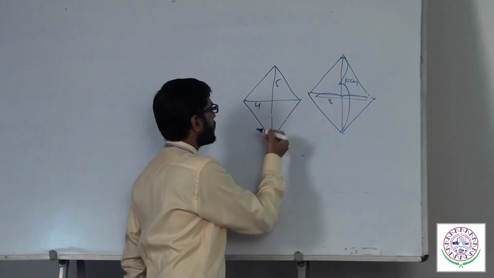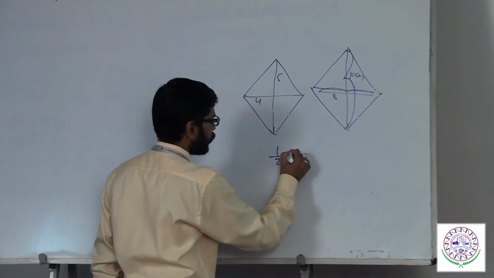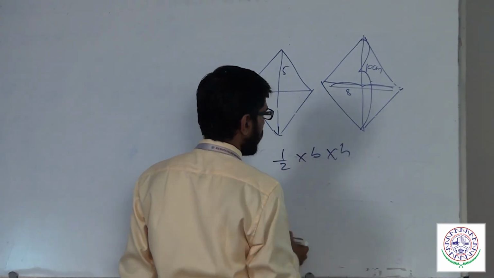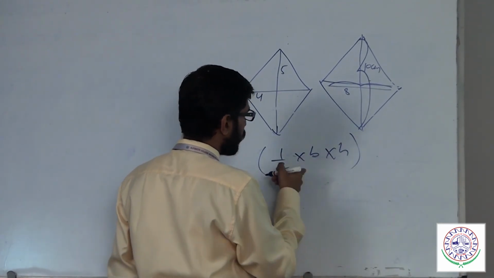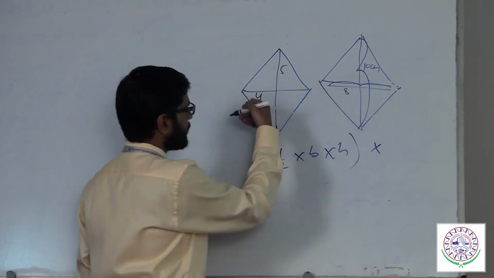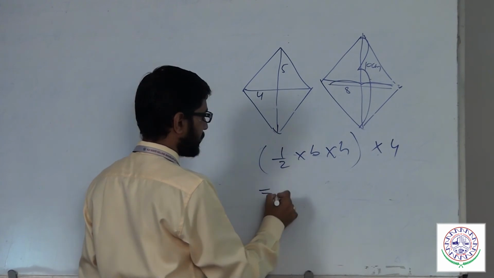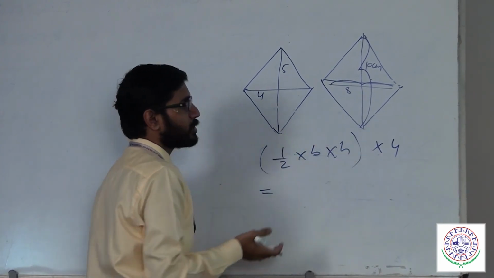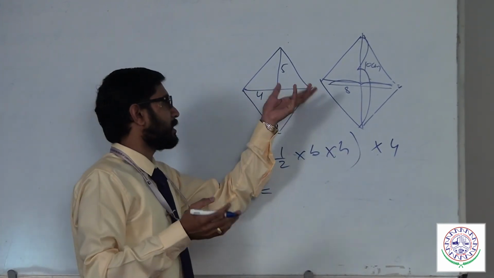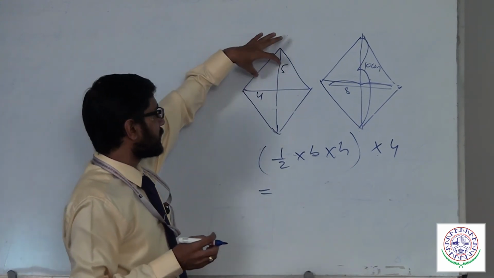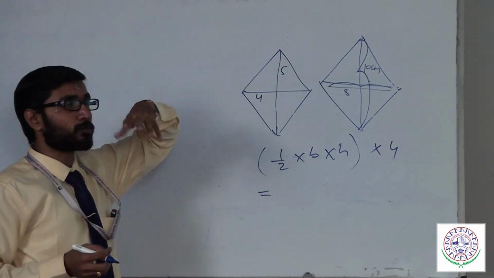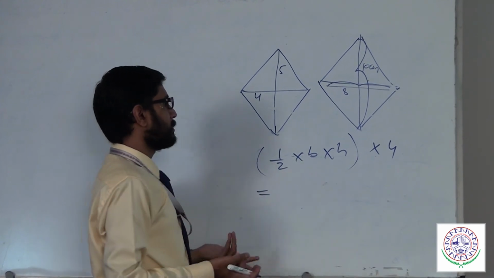If you take that approach, with the length and breadth of a triangle, I can do it by the half into base into height method. This is for one triangle. How many triangles are there in the rhombus? 4 triangles are there, so multiplied by 4. So you can easily get this. If the question gives the information about the triangle in a rhombus which consists of two diagonals, at that time you can apply this technique.